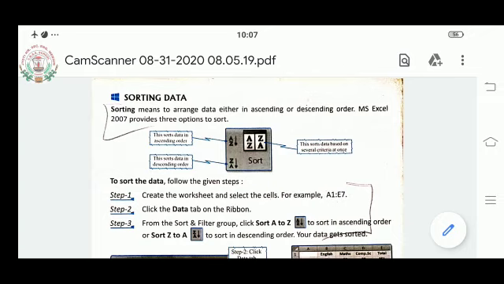So understood this much? Now we are understanding this much only. Up to sorting data we have completed. Now several other criterias are also there that we will be seeing in the next class. So just go through your textbook, and once again read your textbook, seeing various dialog boxes, various pictures and all, and regularly watch these videos. So thank you for today's class.